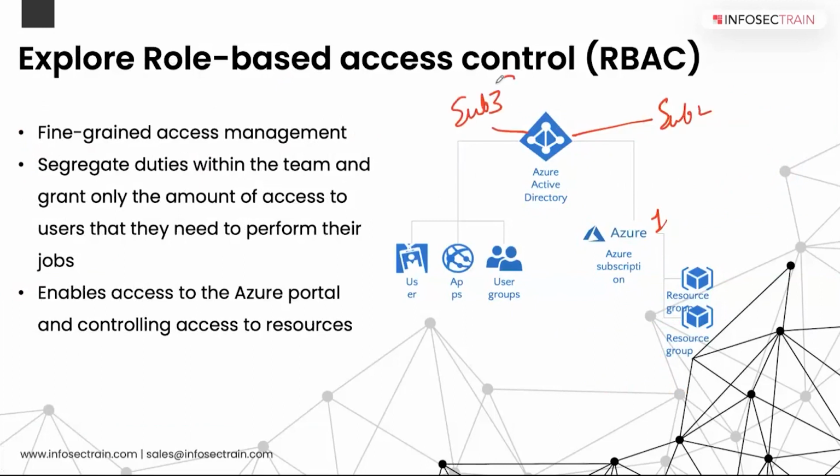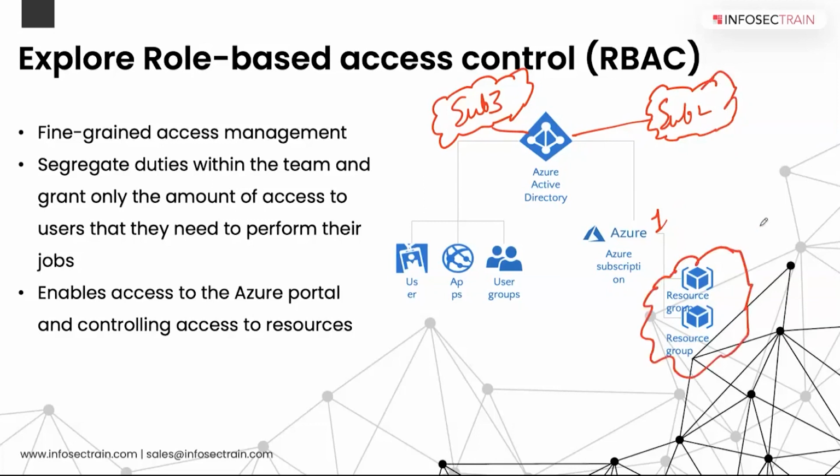Now in all these subscriptions you want some common architecture. You want something very specific that all of them should have, and this is mandatory: that all of them should have a resource group with a name like mandate resource group. It should have one virtual machine, one SQL database, like that. Each of them has something like this. With that, there is also a mandatory thing.